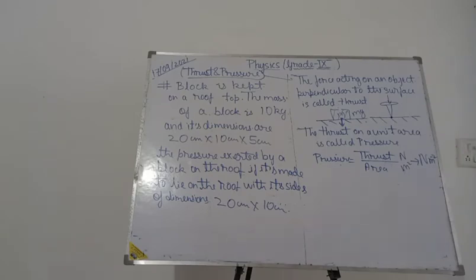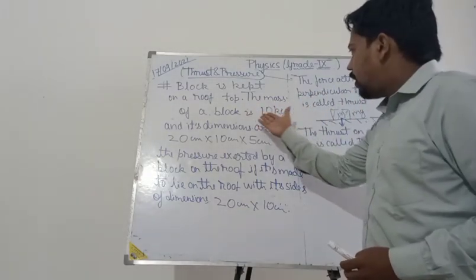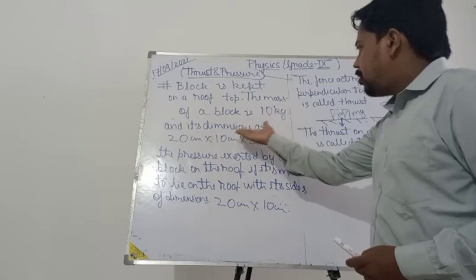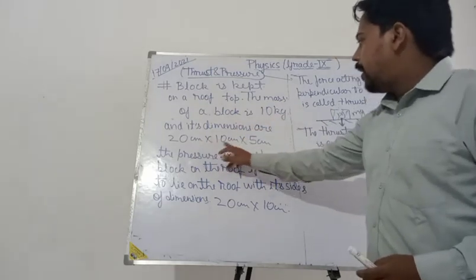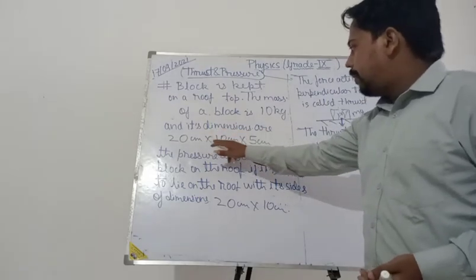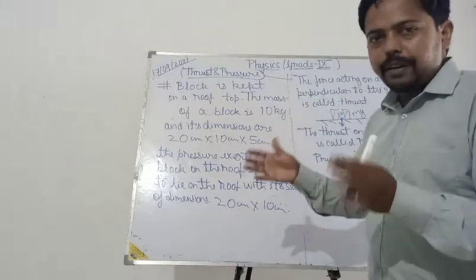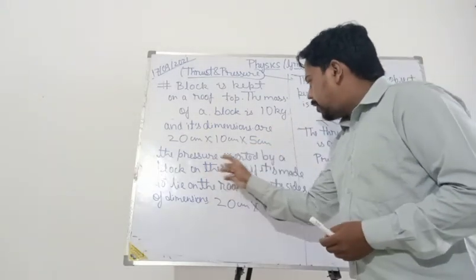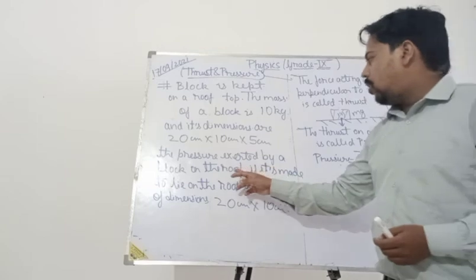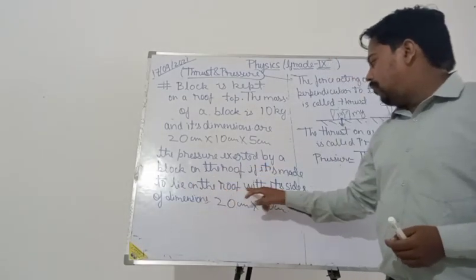Here you can see the question has been written: a block is kept on a rooftop. The mass of the block is 10 kg and its dimensions are length, breadth and height, which are 20 centimeter, 10 centimeter and 5 centimeter. We need the pressure exerted by the block on the roof,